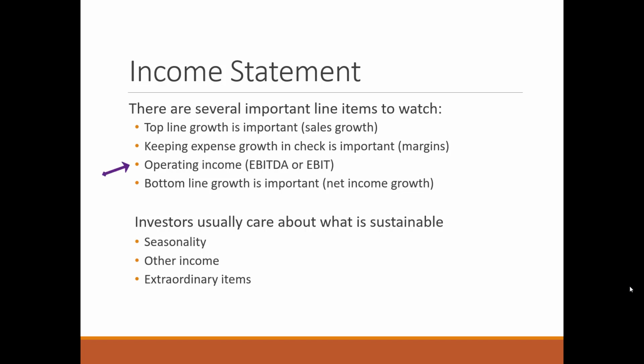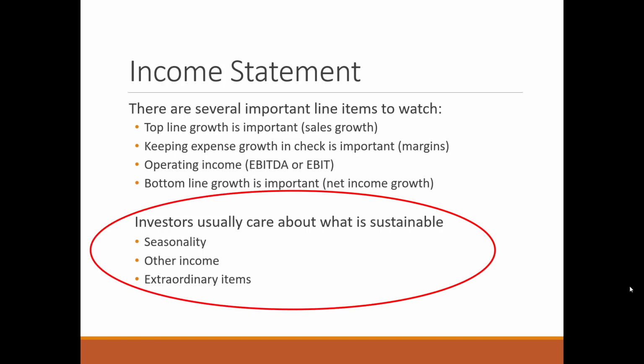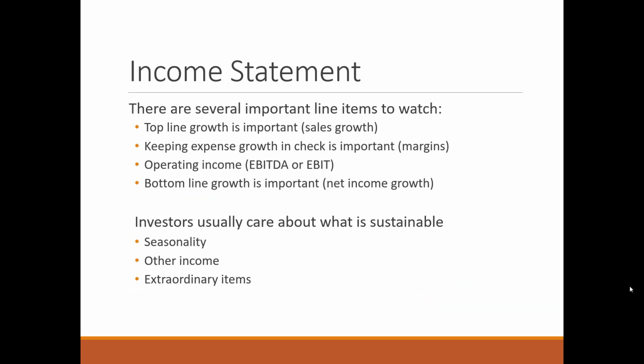We want to look at operating income. We already talked about that. EBITDA. EBIT is also used as a proxy for operating income. Both of those are going to be important things to keep our eyes on and watch over time. And then the bottom line, seeing that grow is also going to be important. So the net income for the firm, there are some period to period distortions that can cause net income to do weird things. There can be special one-time events. And we're going to talk about that down here at the bottom, where we have these extraordinary items that throw comparability out the window. But anyway, let's move on here.